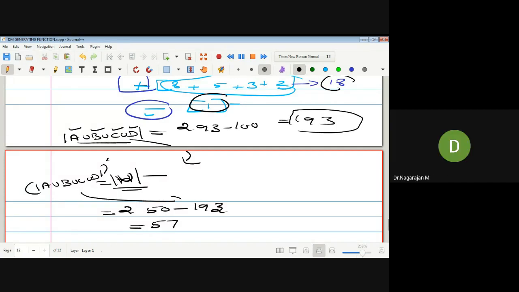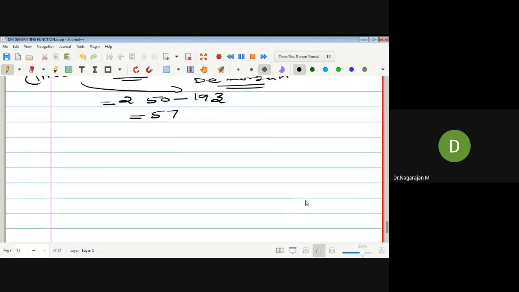What is the formula? This formula is called De Morgan law. Already you know De Morgan law. Therefore, apply De Morgan law: the complement equal to n of u minus n of the set. Otherwise, you know the basic formula. Two results are there. P of a plus P of a dash equal to 1, which implies that P of a dash equal to 1 minus P of a. This is a complement formula. This is a basic result.